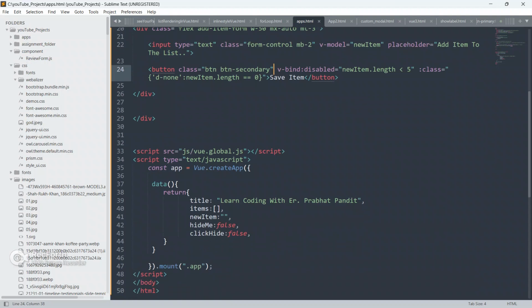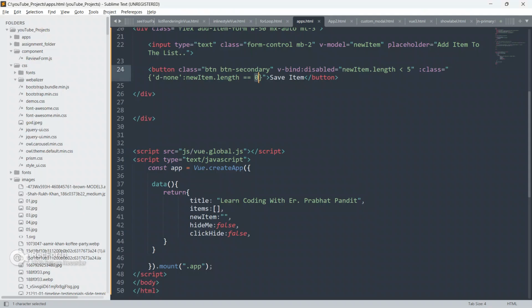Now the input box is empty, so we are not able to see the button. As soon as we start typing, we will see the button. So this is saying here v-bind colon disabled, new item dot length is less than 5, then the button is disabled, and we are gonna give class also, d-none if new item dot length is 0.